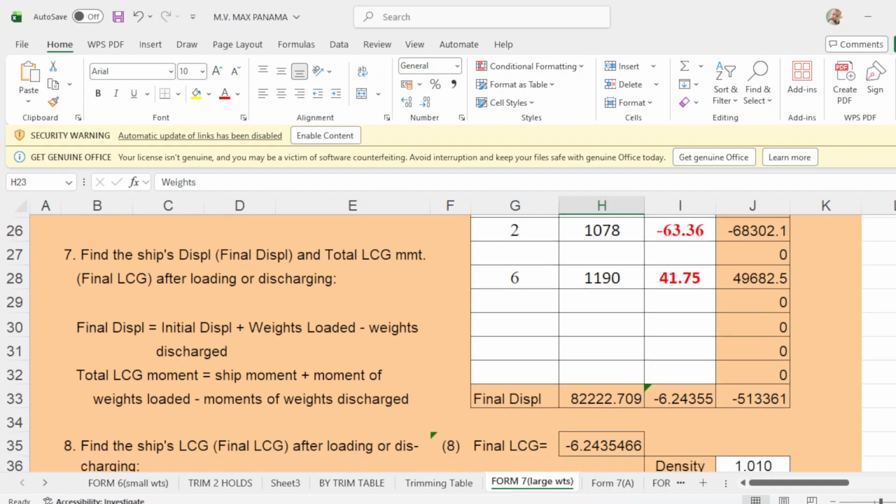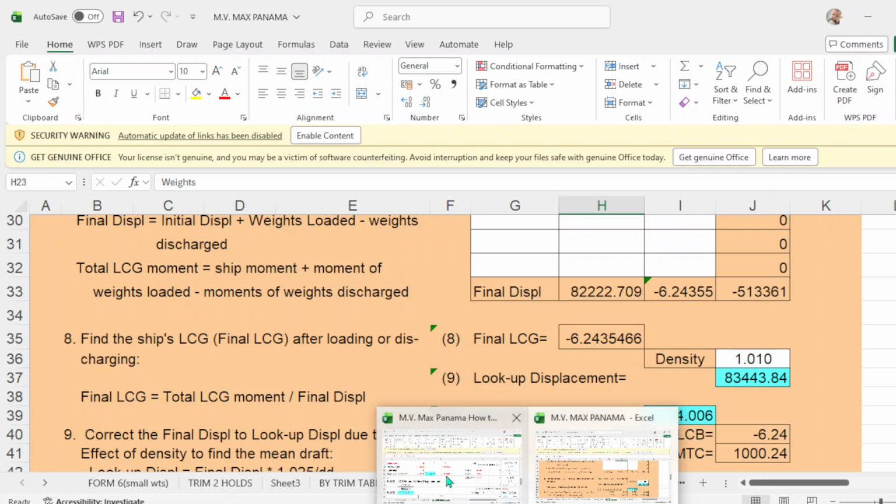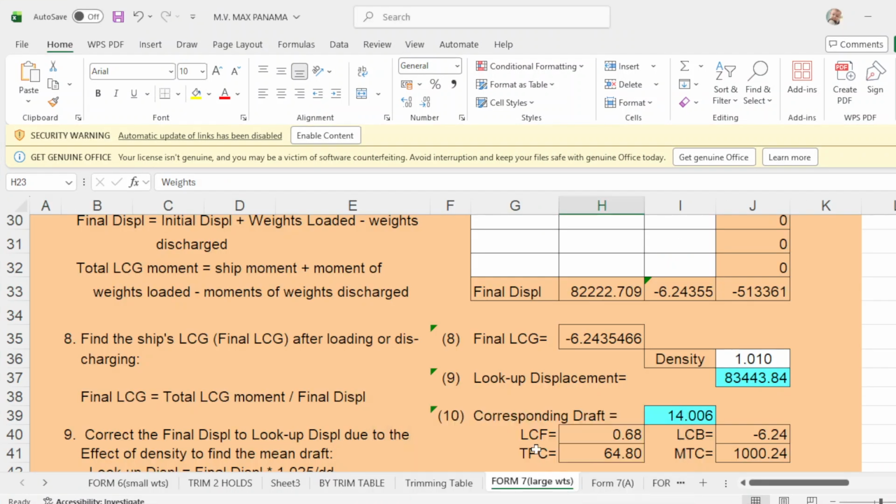Okay, or the final LCG is negative 62435. The manual is negative 6241. That is in number 8, and program number 8 is the final LCG.